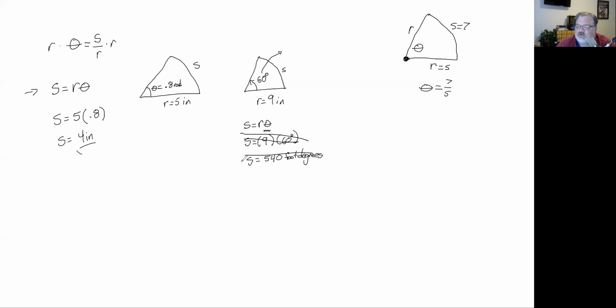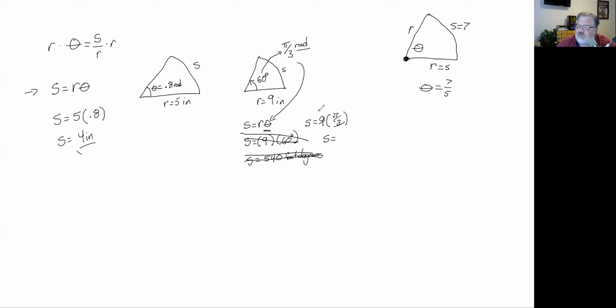So instead of working in degrees, because these formulas won't work in degrees, we can either do our conversion. Again, if you need help with the conversion, look at that video from Tuesday. But if we remember from what we did a couple of minutes ago, that 60 degrees was pi over 3 radians, then instead of using the 60 degrees, we can go over to this formula and say our arc length is still r times the angle, but now that this angle is in radians, it'll work. So that 9 times pi over 3